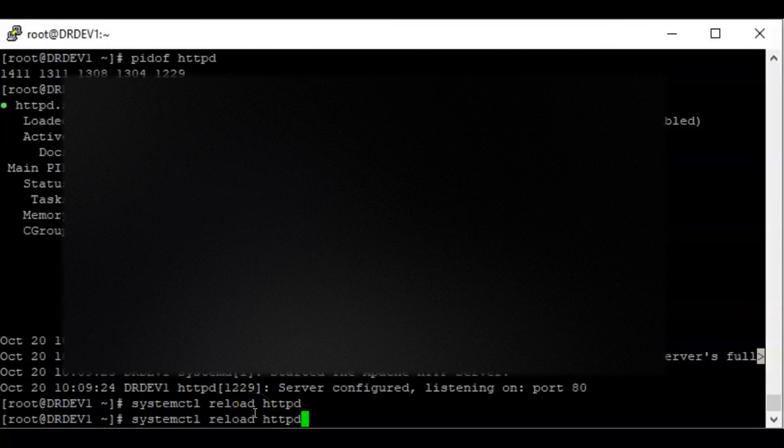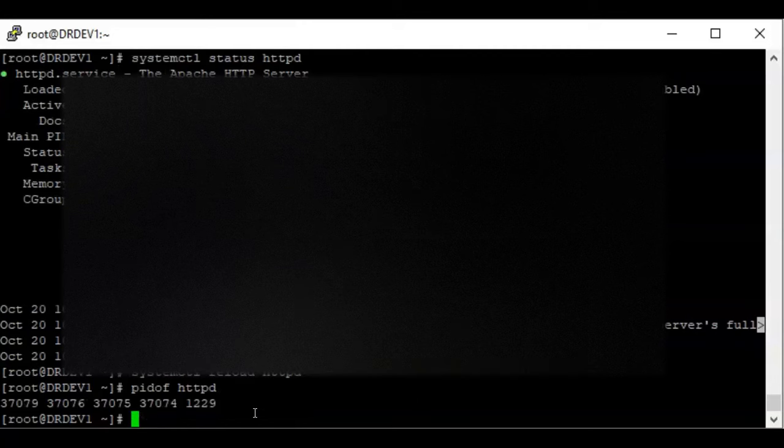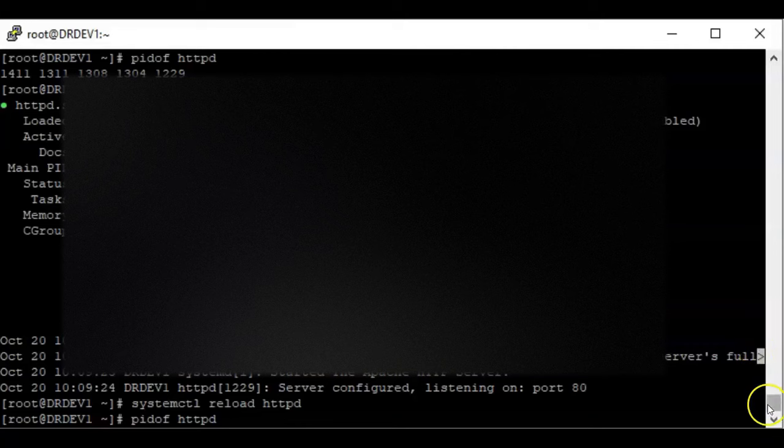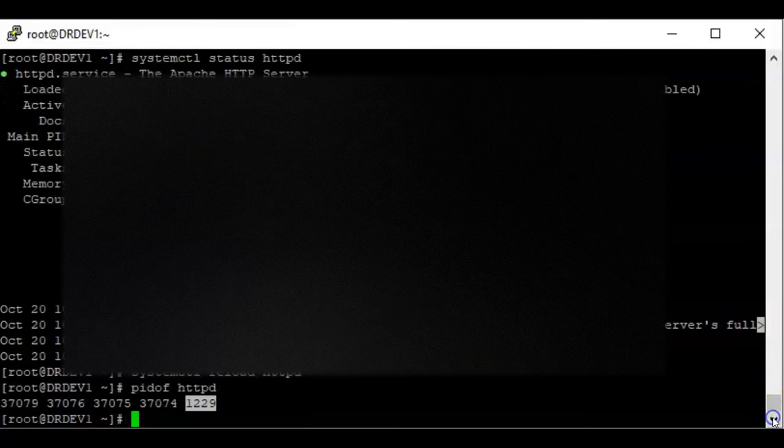So we can verify the process ID again. You can see that it hasn't changed, right? We still have it to be 1229. Alright, so that's how you can always reload a service. Okay, so I think the last part of the question further says that